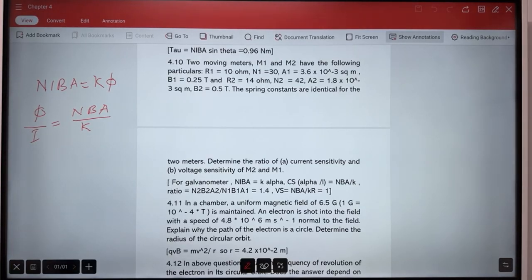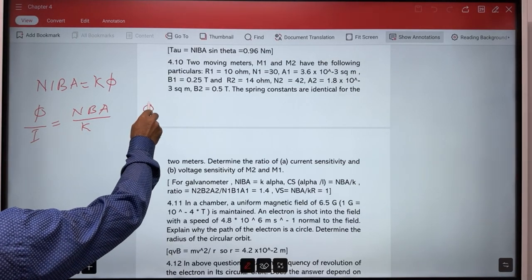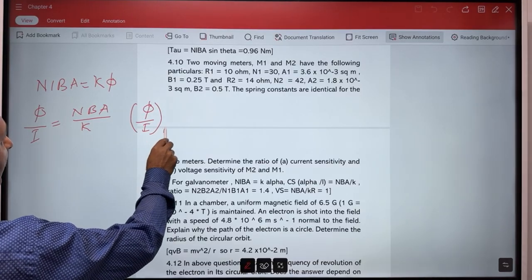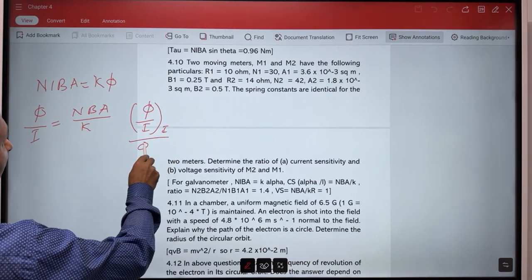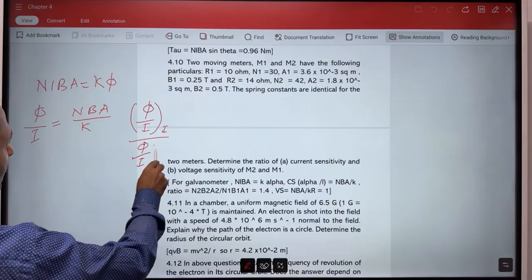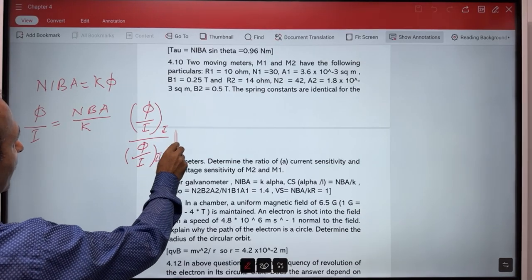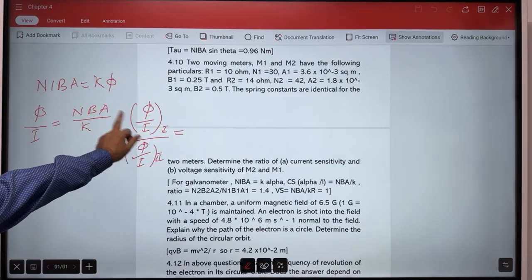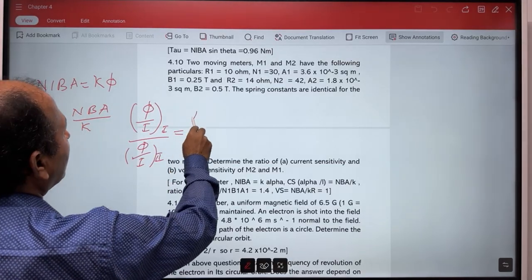So there are 2 meters, so for them we can denote it phi upon I 1 divided by phi upon I 2 equal to, let's write the values. So for first one, since this is first, so here N B A,